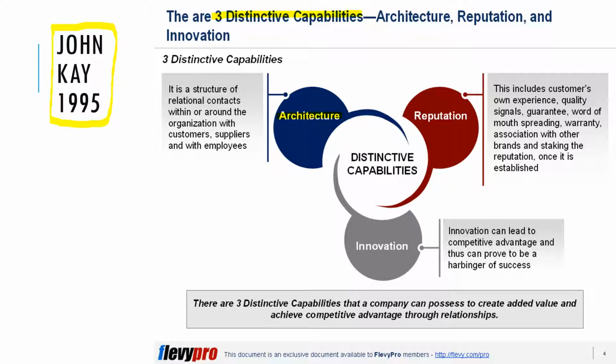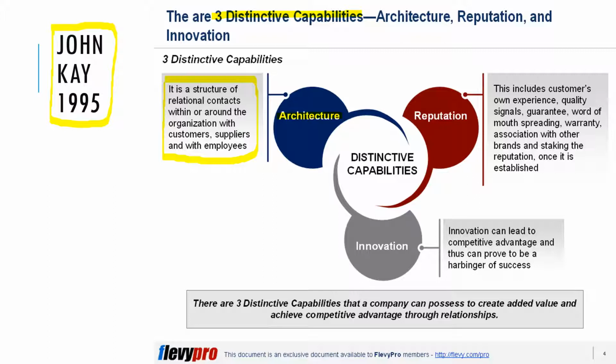So this is the case that if the business has a design of processes or a design of contracts in such a way that it can perform really effectively or efficiently, then we would say that it has a distinctive capability of the architecture category. So this is to do with how the business works with customers, suppliers, or with employees. So it could do with processes within the business, or could do with relationships with suppliers. We'll come on to examples in a second.